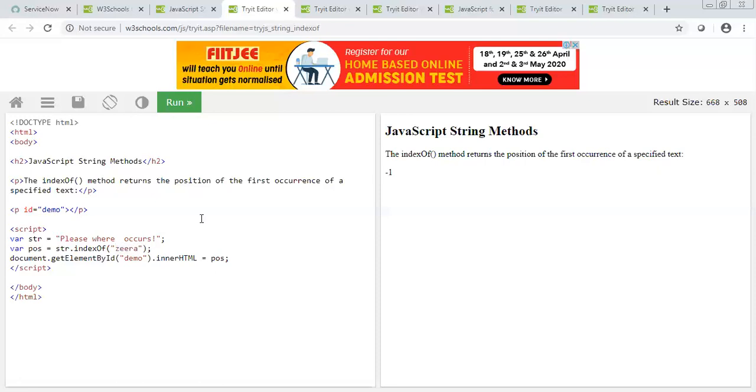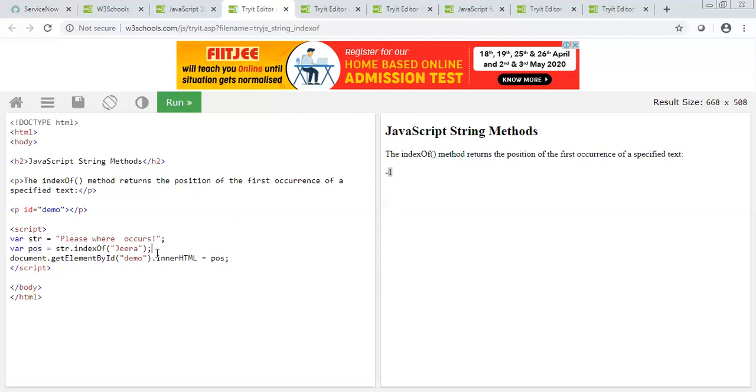Now, if Jira is there, it will return you some index: 1, 2, 3, 4, 5, any index. If Jira is not there, it will return you -1. So what is the value of POS? POS is -1.